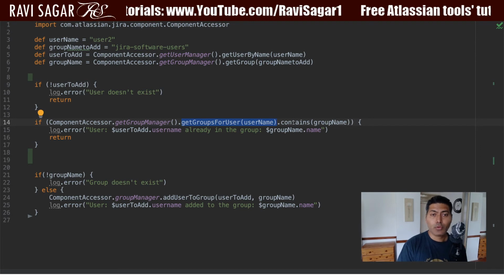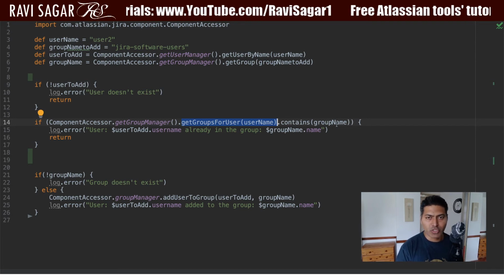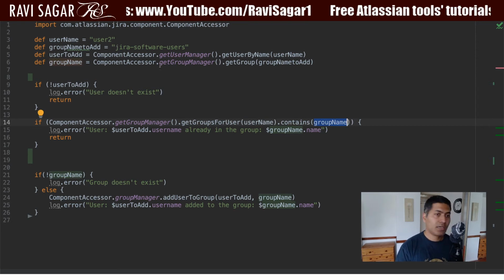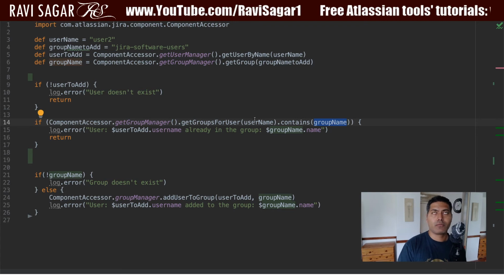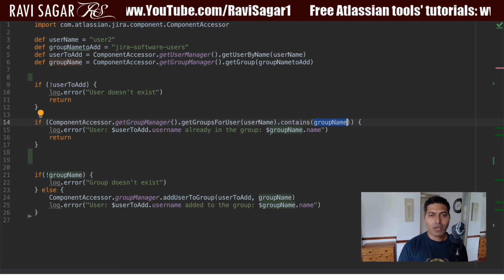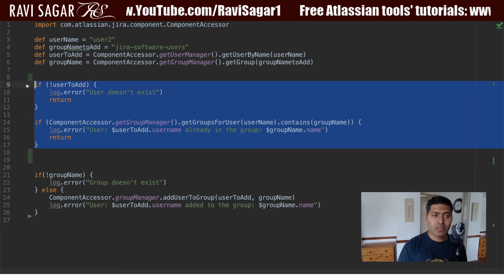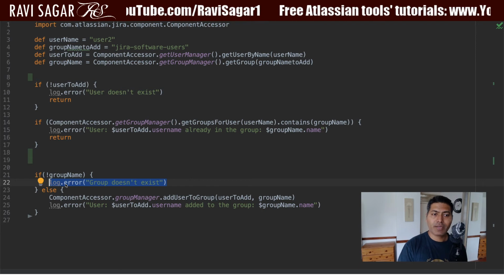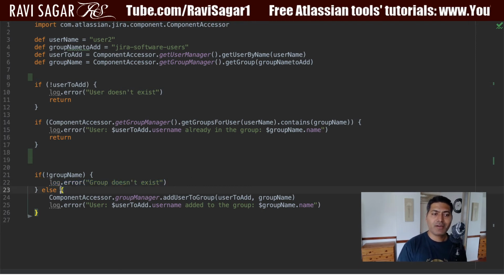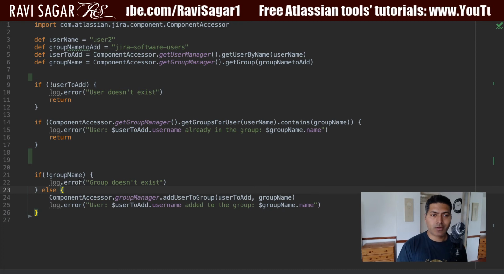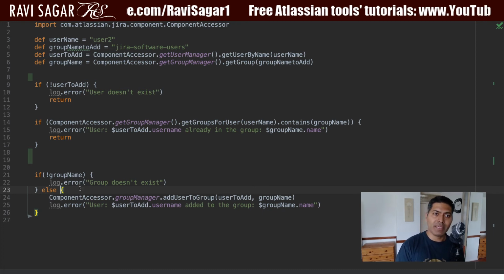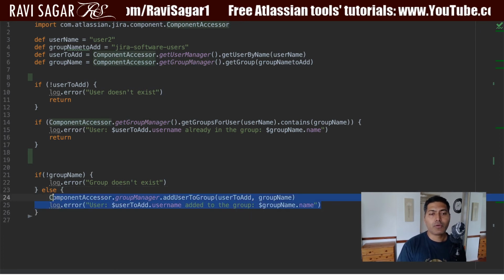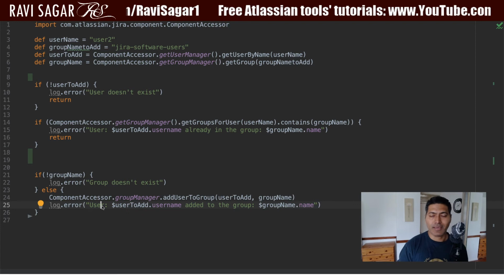You can use a contains method in Groovy to check whether the user is already part of that group or not. Once you pass these two checks, then check if the group exists. If it doesn't exist, then display a message. If it exists and the user is not already added and the user exists in the system, then perform this add user to a group thing that you want to do.